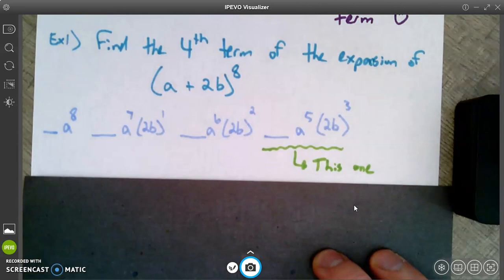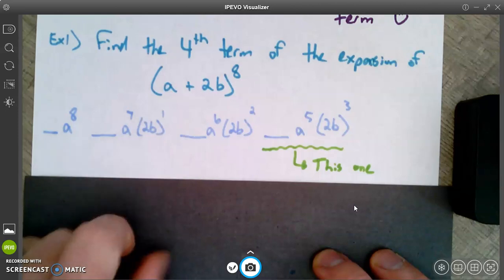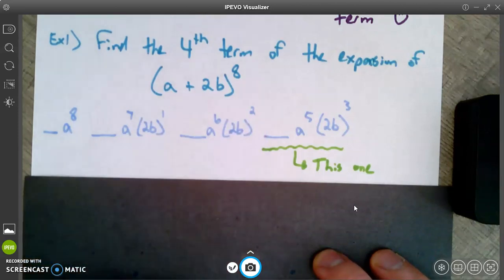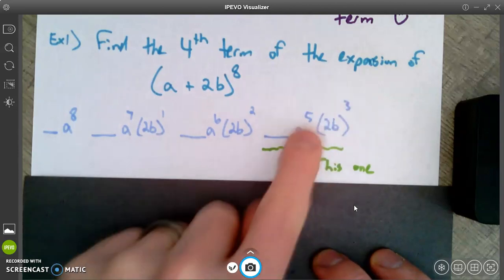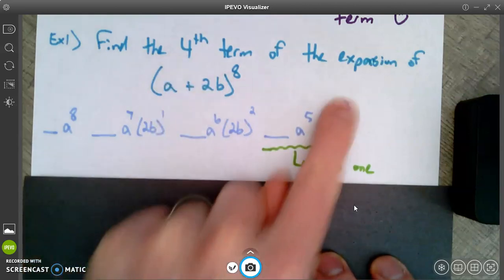So if I wanted the second term, then this would go to the first power. If I wanted the third term, it's to the second power. If I wanted the 8th term, it would be to the 7th power. So how I choose to think about this and help me fill out what goes on these powers right here is whatever term I'm looking for, do minus 1 from it, and that's what you're going to raise your second term